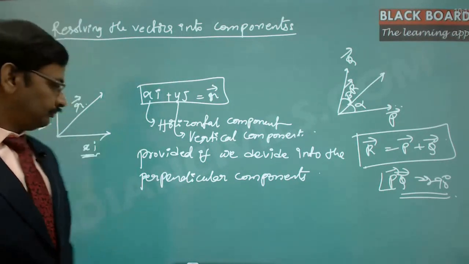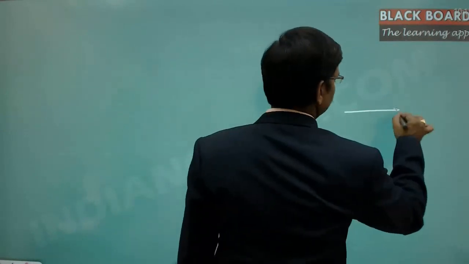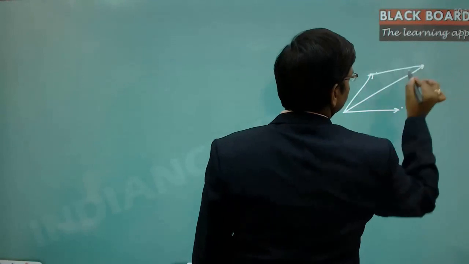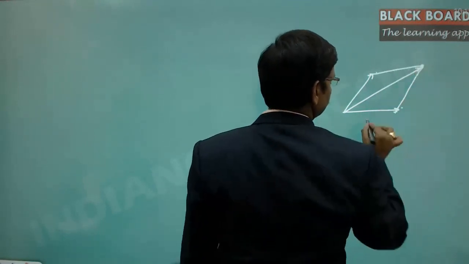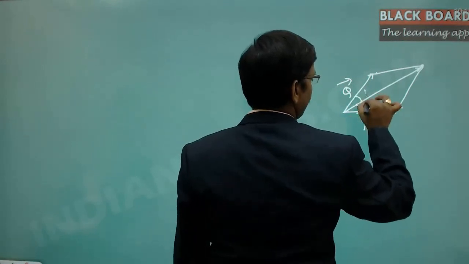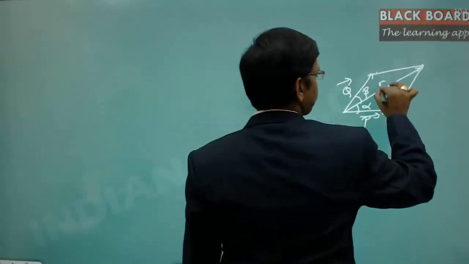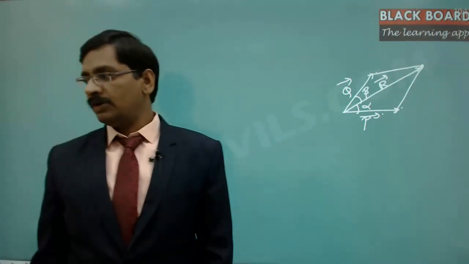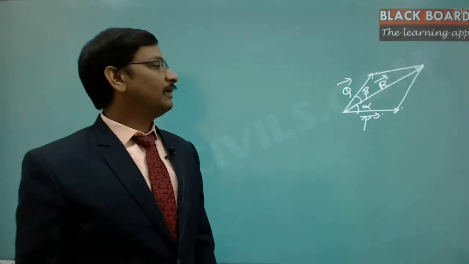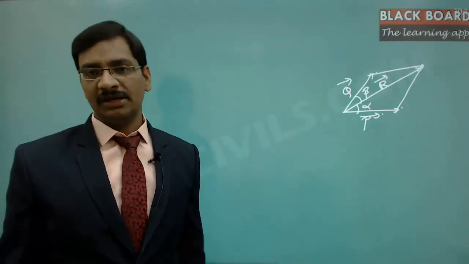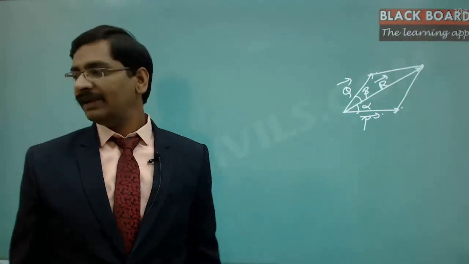Yes or no? Can somebody respond? Can we divide the vector r in terms of p and q which will give the same result of r? You want to identify...